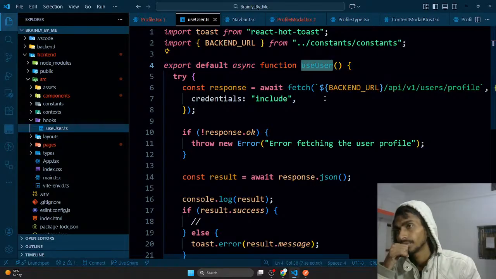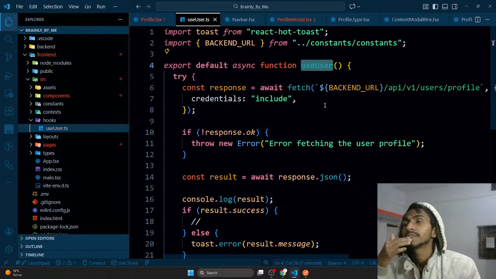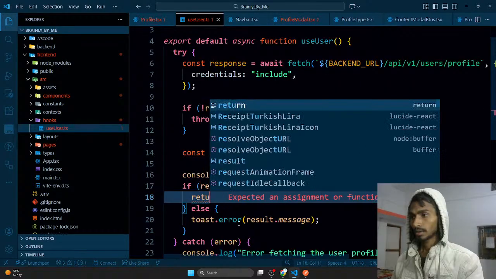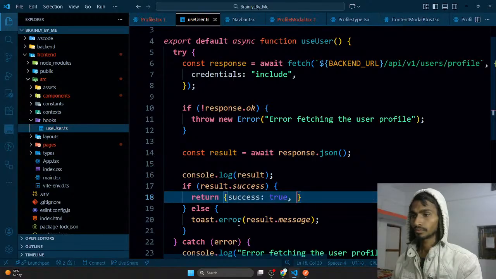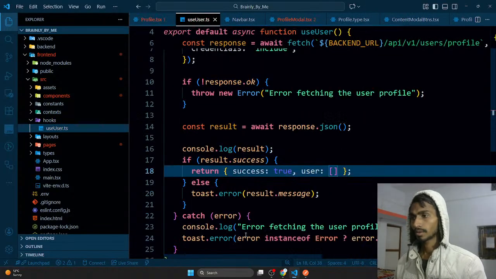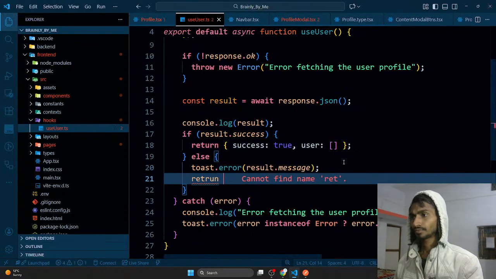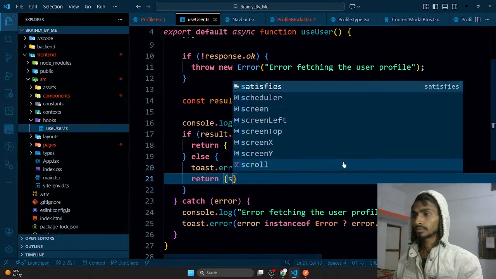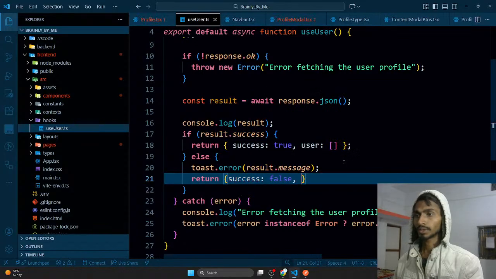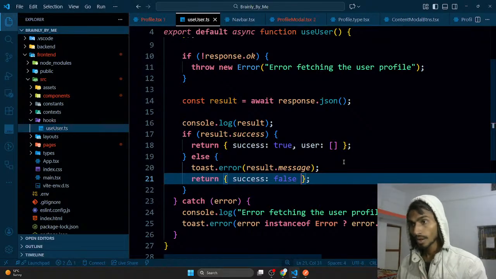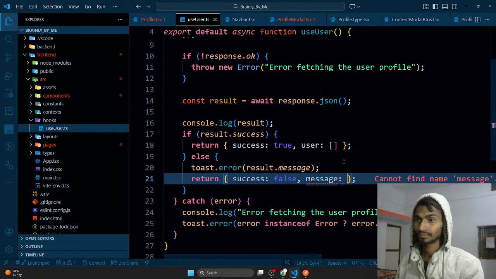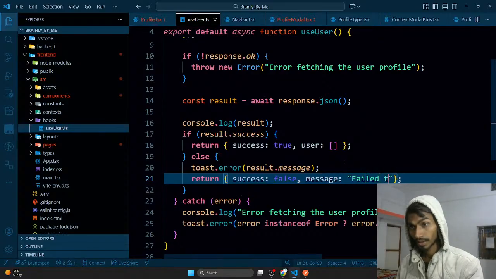If that is a hook, it is supposed to return success or false, right? Yeah. Return success true. User is gonna be something. In the else case, return success false. User is gonna be nothing. Message I can give: fail to